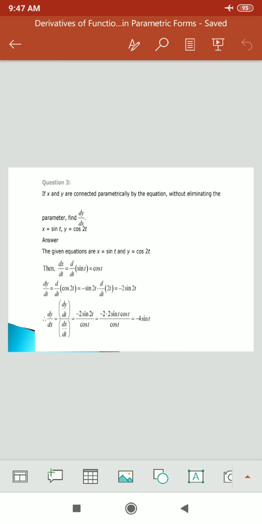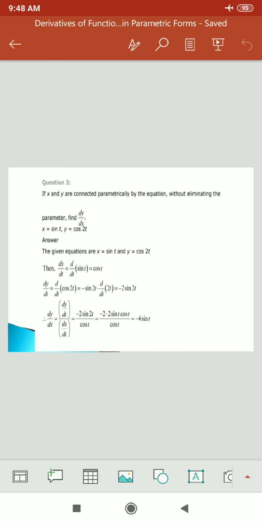Our given equations are x equal to sine t and y equal to cos 2t. Differentiate both these equations with respect to the parameter, that is t. We get dx by dt and dy by dt. When we differentiate x with respect to t, we get dx by dt, which is equal to cos of t. And when we differentiate y with respect to t, we get dy by dt, which is equal to minus twice